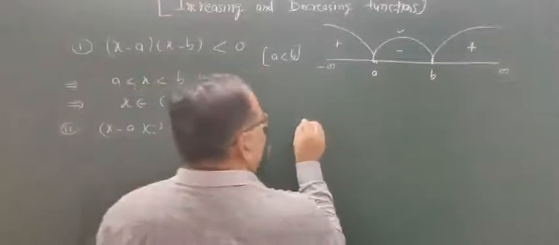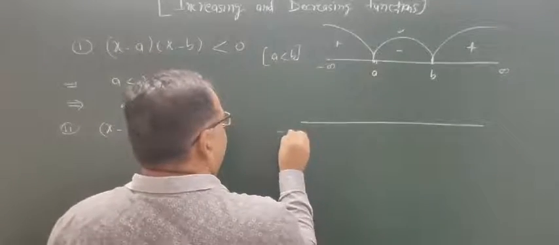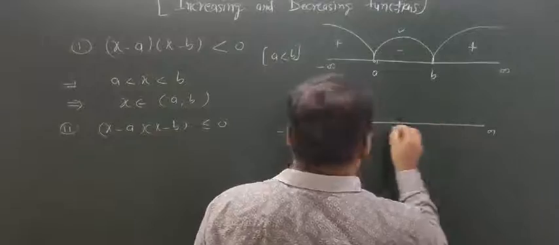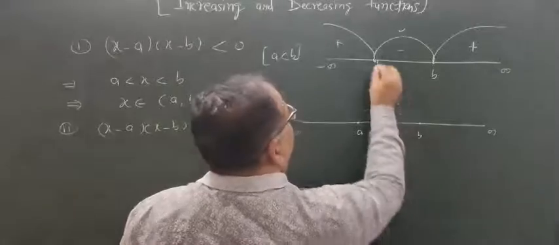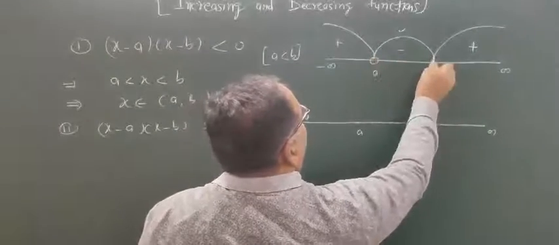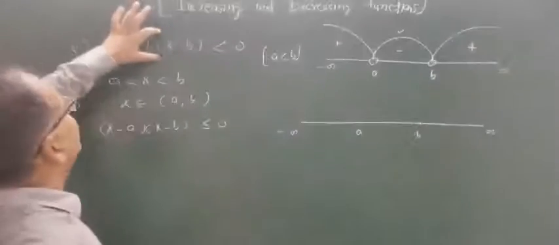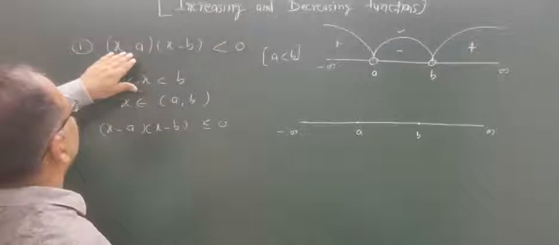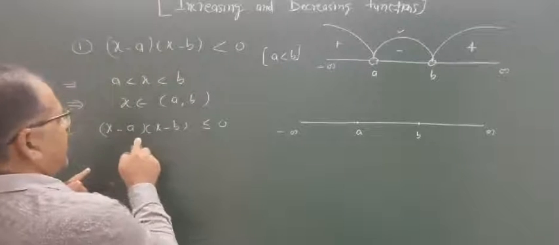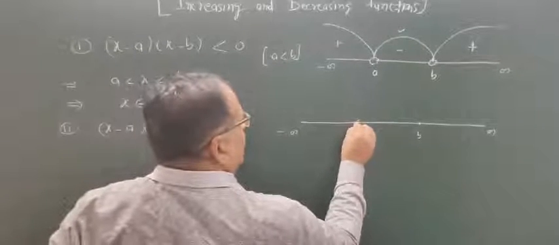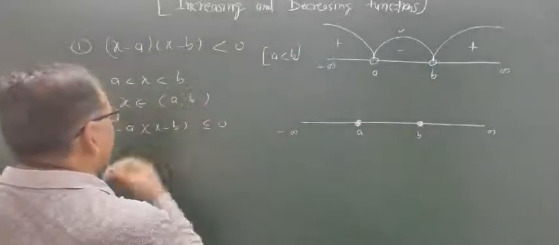Okay. Now the second condition: (x minus a)(x minus b) is less than or equal to 0. In this condition, again draw a number line. Start with minus infinity. There are 2 zeros, one is a, another is b. In this portion, I am taking this point as solid because the earlier case, (x minus a)(x minus b) less than 0, means for a and b this value never becomes 0. But in this case, (x minus a)(x minus b) is less than or equal to 0, that means at that point the value of the polynomial may be 0 or less than 0.